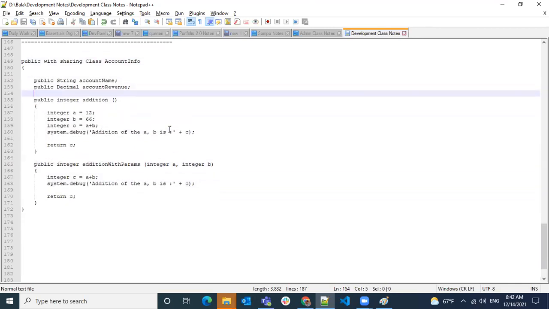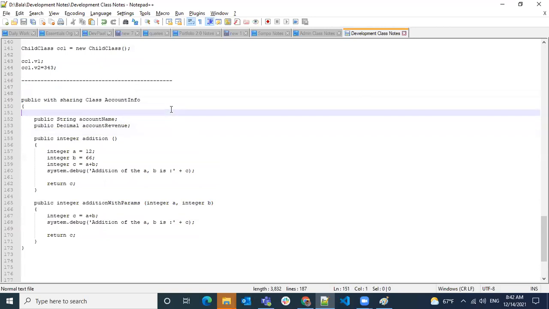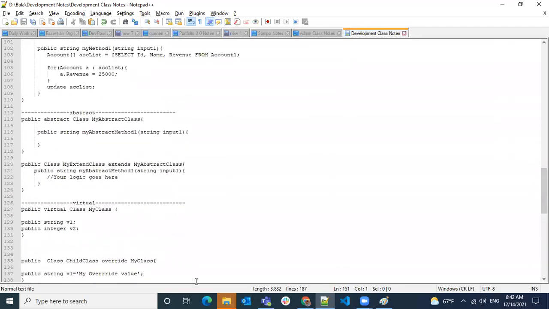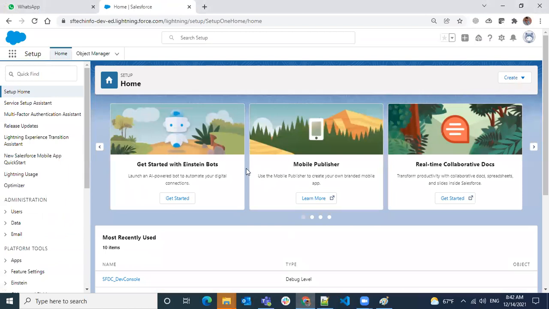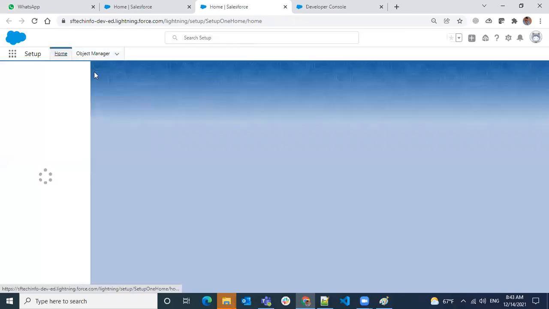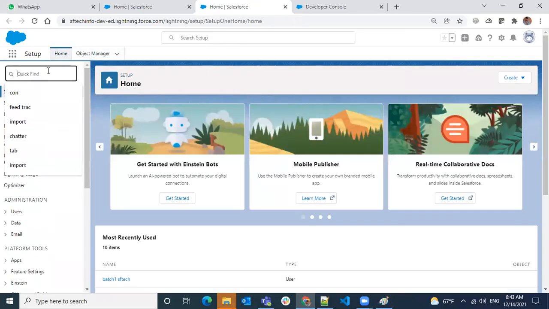Now let's try to create some classes in Salesforce. So far we have been doing everything in a notepad only, but let's see how to create classes. In simple terms, there are two ways of creating Apex classes. One is going to the developer console and creating the classes, and one is from the setup. So here in this wheel, we have an option called setup, and we're already in the setup. It's opening on the setup homepage, and here in the quick find box, search